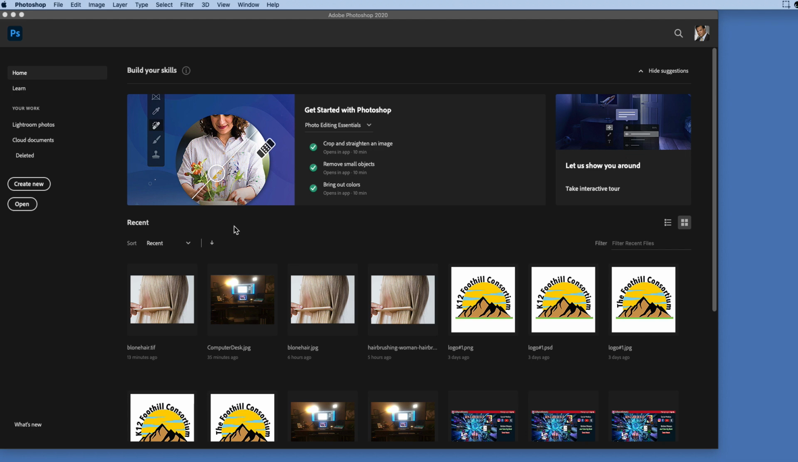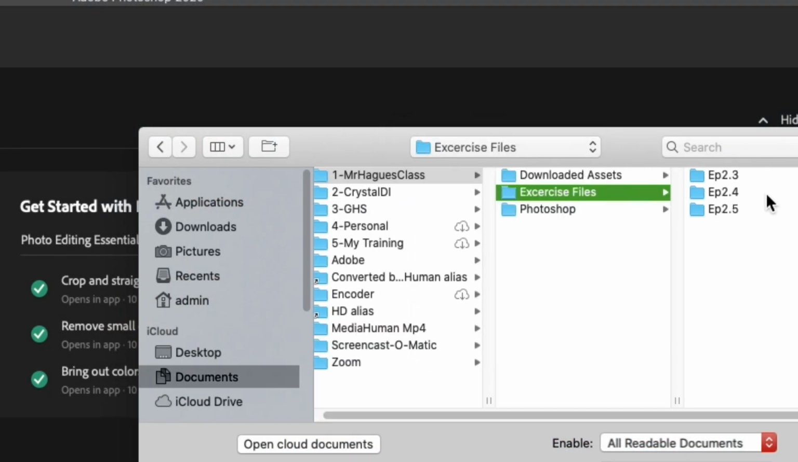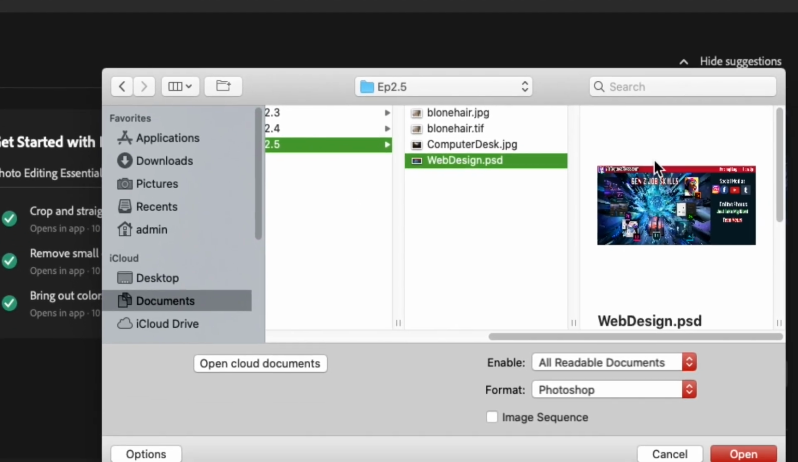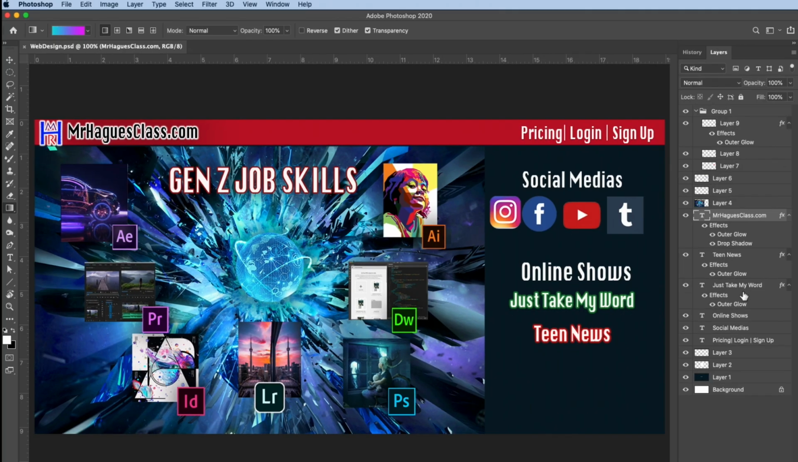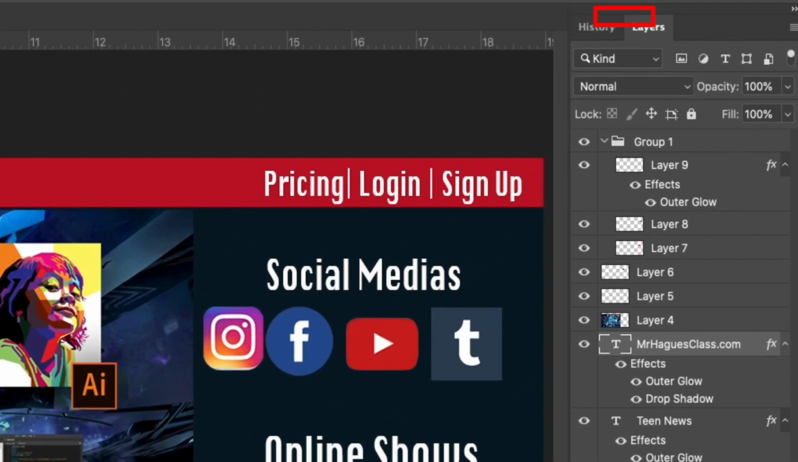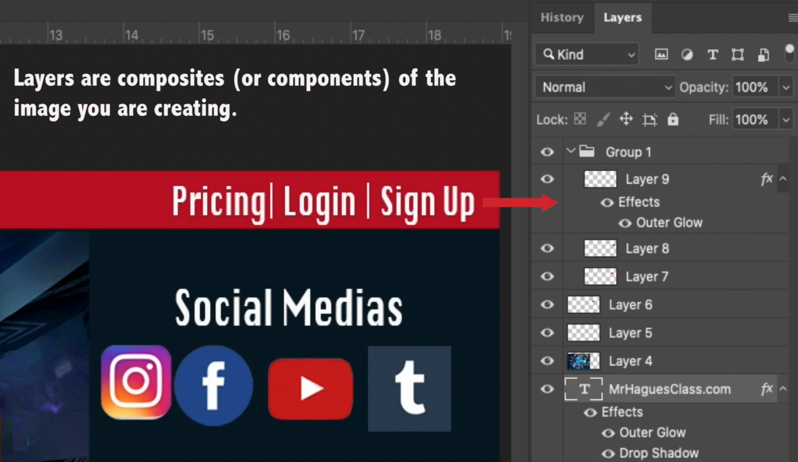Let's return to the exercise files and find under the EP 2.5 folder a file called webdesign.psd. The first format we'll discuss is the PSD, which stands for Photoshop Document and is the default image format for Photoshop. Locate the Layers panel, and by the way, I encourage you to always keep the Layers panel available on screen. Once the image is open, you'll see on the Layers panel a composite of different layers